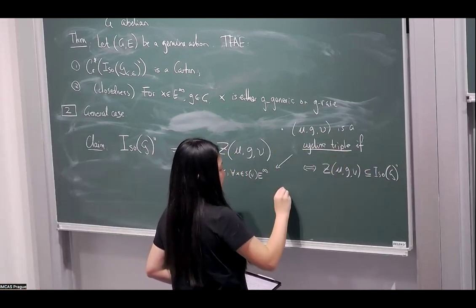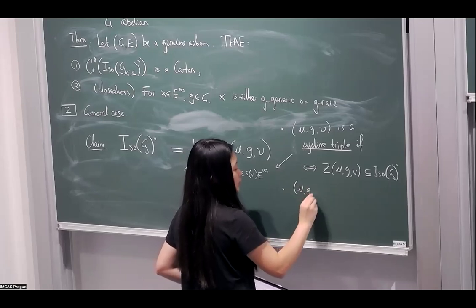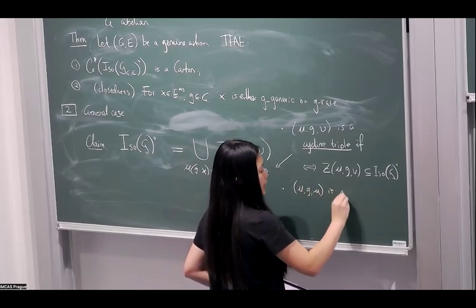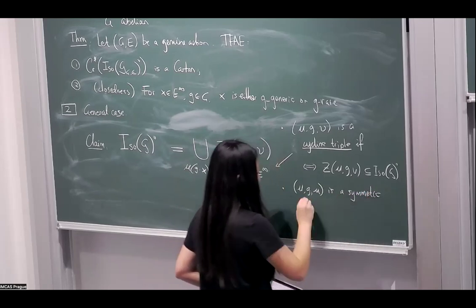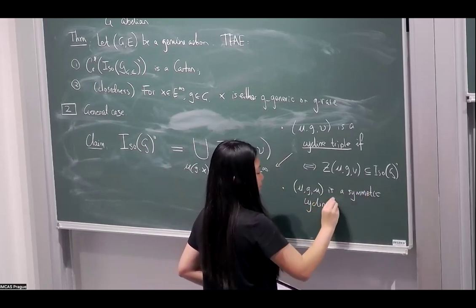Secondly, such a cycling triple will be called a symmetric cycling triple